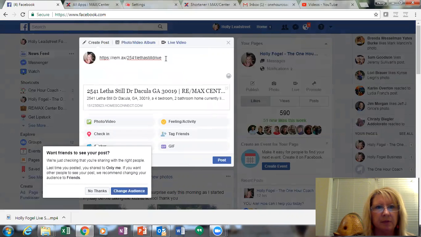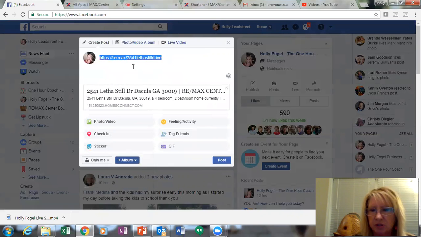So now I will take out this, because we know that once we use the shortened URL, once the image comes up, the image will also count for click-throughs. So now I can say this home has just been put on the market, and